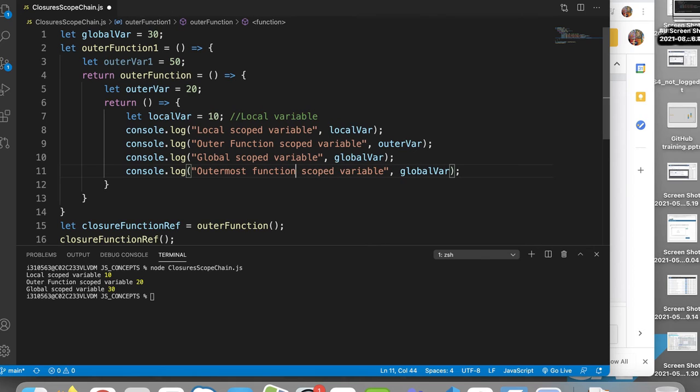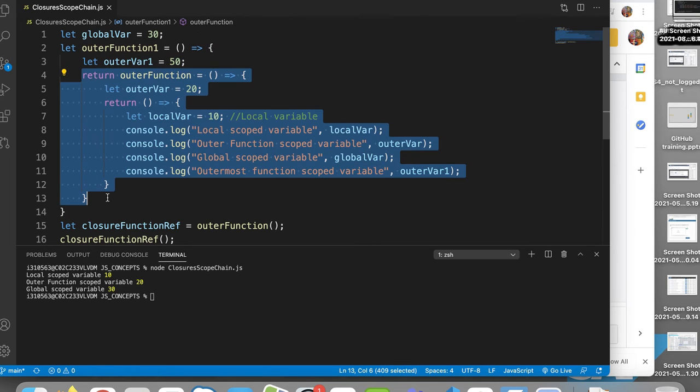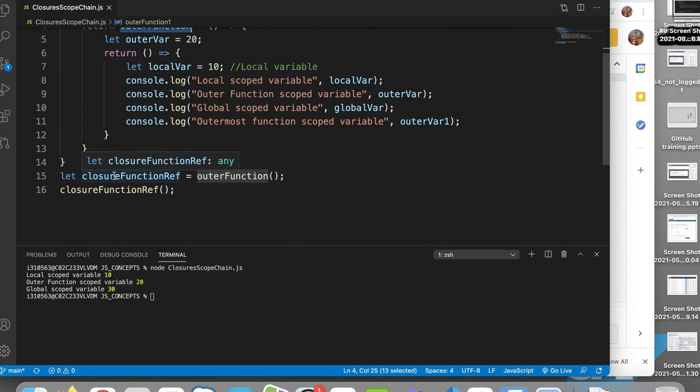In this example, this is the outermost function of this particular closure function, and the variable name is outer var1. Cool. So now you see, this is the main outermost function, which defines one variable, and then it returns a closure which is nothing but your outer function. So here this will be the outer function reference now.